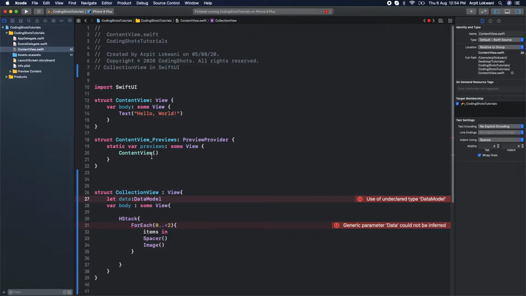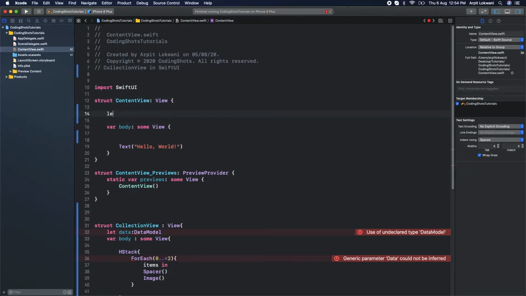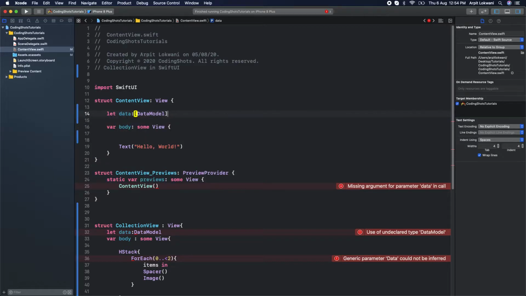What I will do, I will create first my data model in the main view, that is my content view. So I will say let data equal to data model, which is a type of data model array. It should not come actually because I need to declare here itself, equal to.